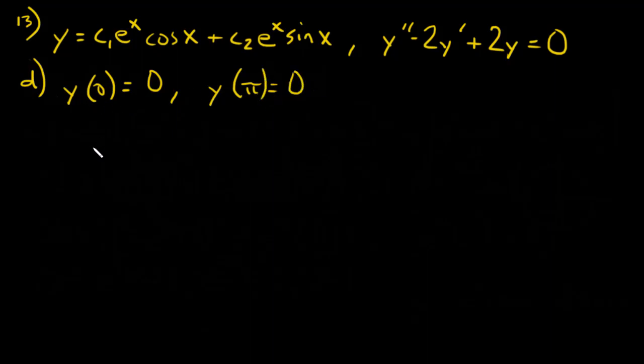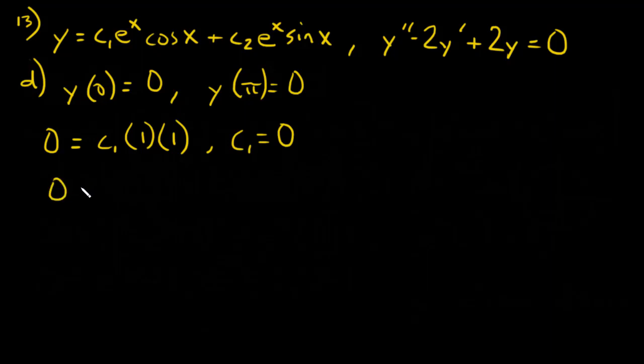So let's start with this one. 0 equals c1 times 1 times 1. And then we already said that's 0, so c1 is now going to equal 0. Okay, now I can move to the second boundary. I've got 0 equals, c1 is gone, is a 0, so this whole term is gone, plus c2 times e